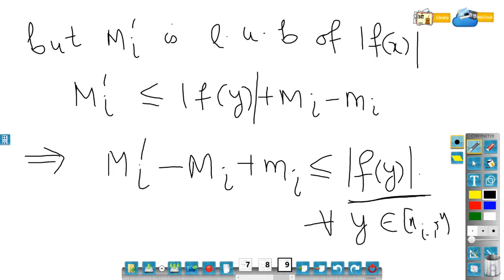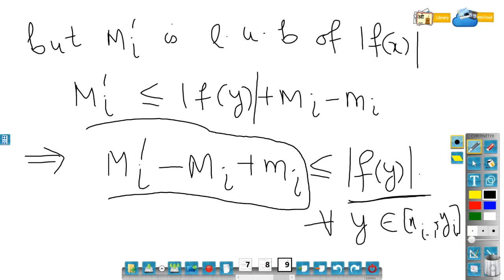That means y is a variable now. When I say here for all y, that means it got released. Now for all y, my modulus of f of y is always greater than or equal to this. That means it is going to be a lower bound for modulus of f of y. So this would imply capital Mi dash minus capital Mi plus small mi